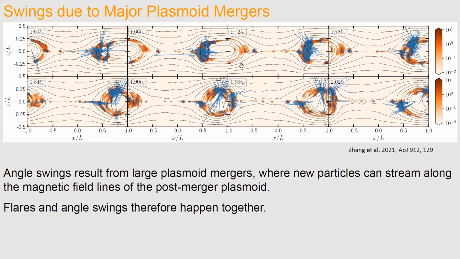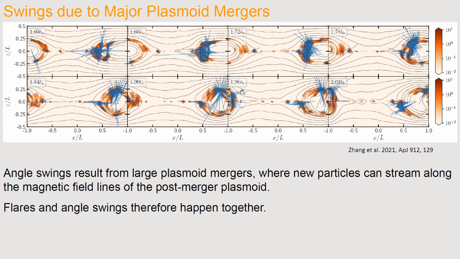Because the post-merger plasmoid is again a semi-circular structure, the newly accelerated particles will stream along the magnetic field lines, which light up the local magnetic field structure in the polarization signatures. This will lead to both the flare and polarization angle rotation. And during this process, the particles will cool. And if they complete their stream to the other side of the post-merger plasmoid, then we see a complete 180-degree